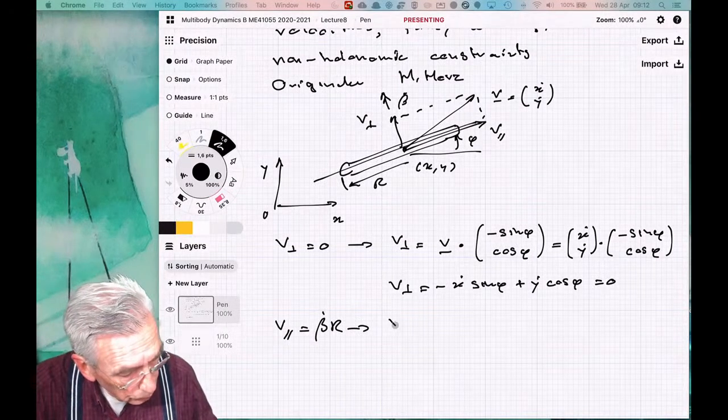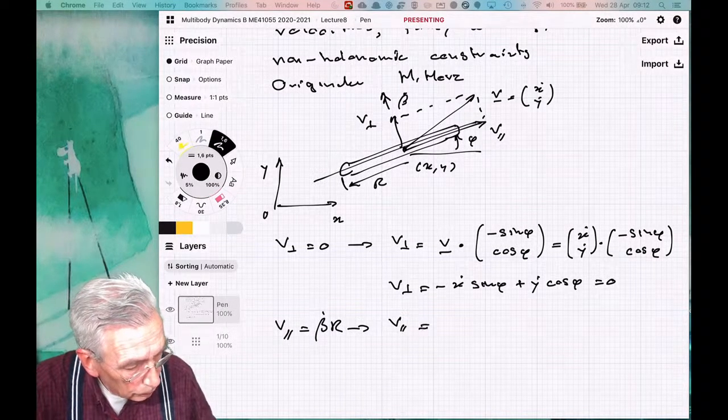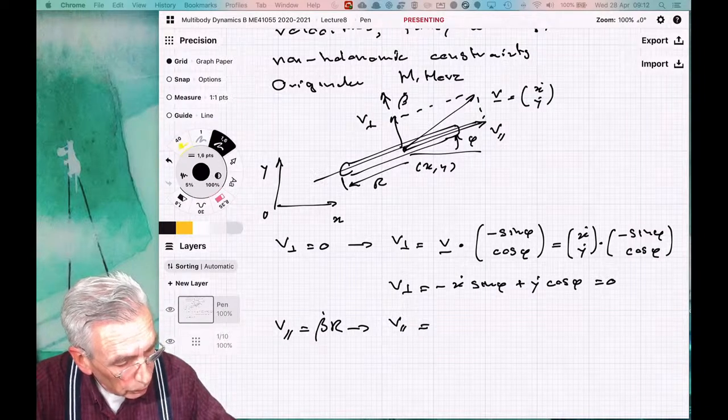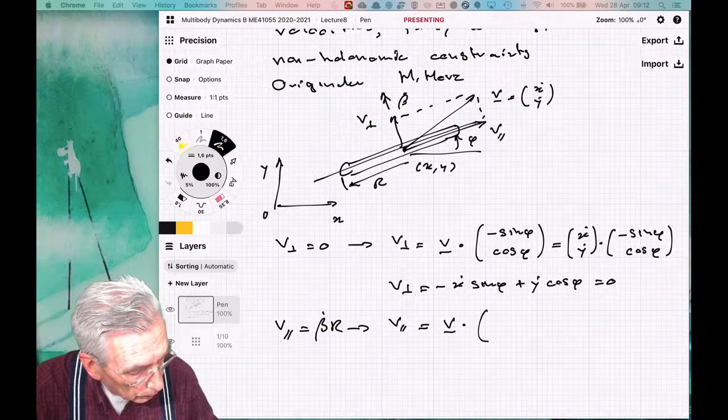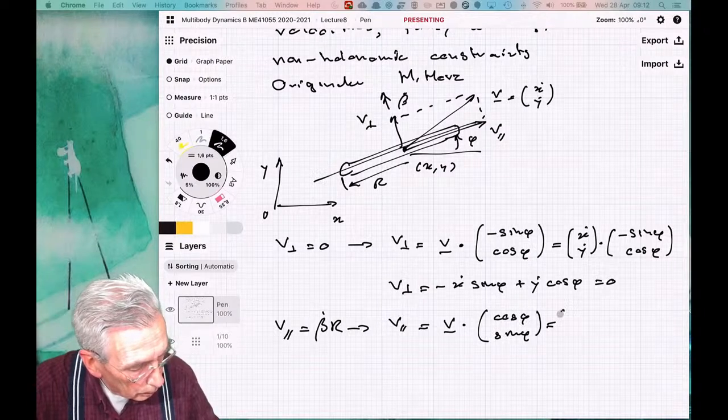Okay, what is this velocity in the direction of travel? That's again this dot product of this vector, but now in this direction. So that's v dot product with, and that's simply cosine phi, sine phi, right? And for this one, if we write that out,